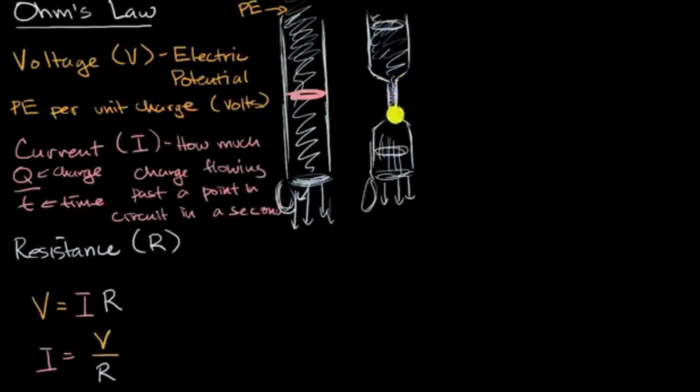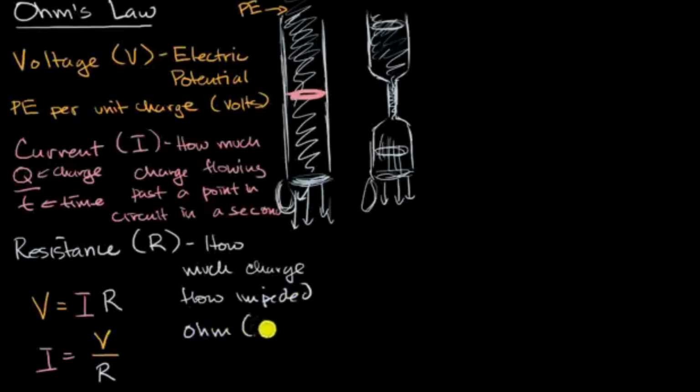So this narrowing is analogous to resistance. How much charge flow is impeded. And the unit here is the ohm, which is denoted with the Greek letter